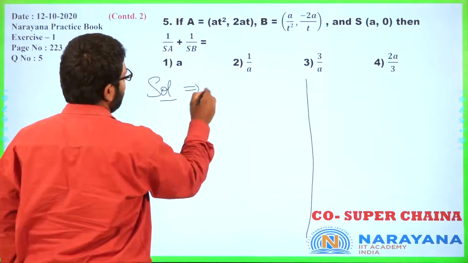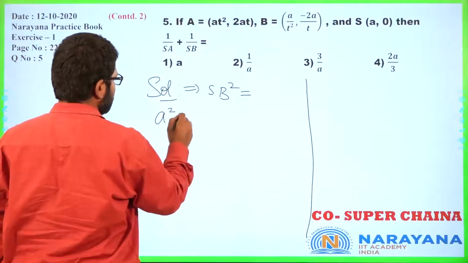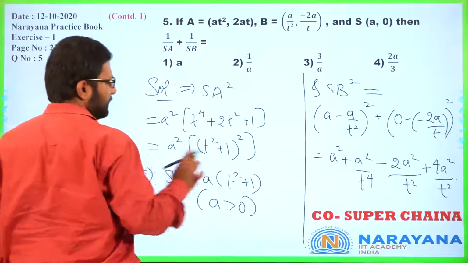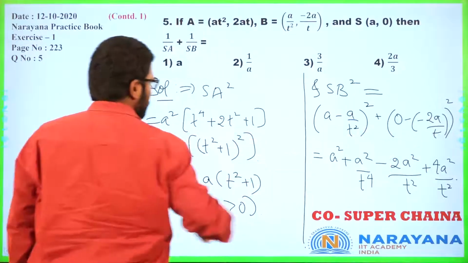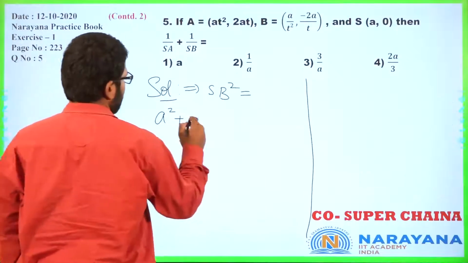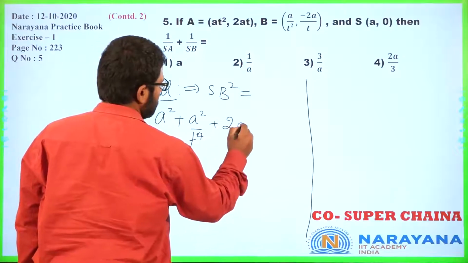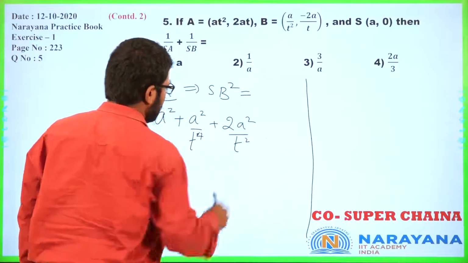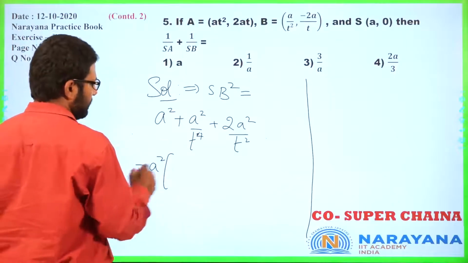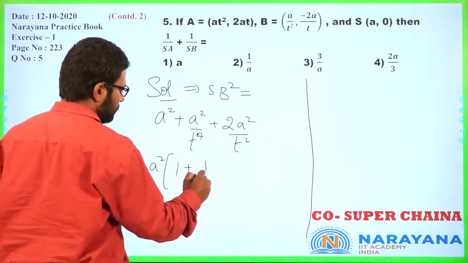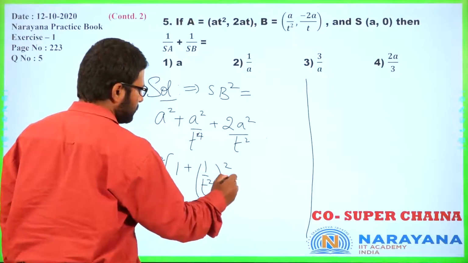Alright, which means SB square equal to, we had a square and then a square by t to the power 4 and plus 2a square by t square. Once again, let us take a square outside. Then you have 1 plus (1 by t²) the whole square plus